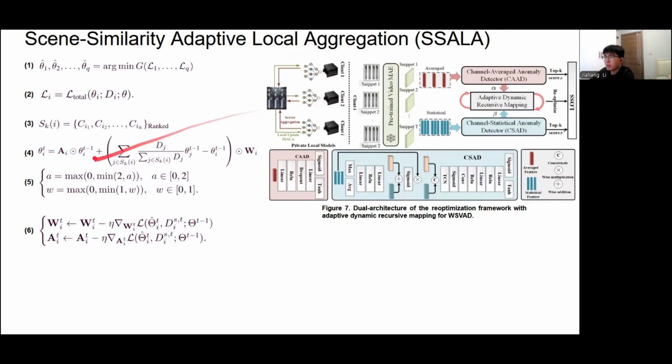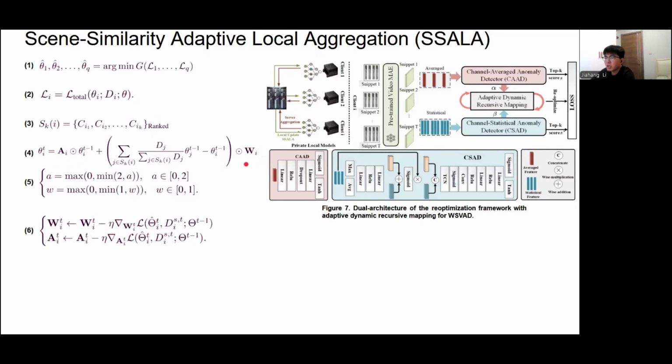To support adaptive local aggregation, we treat the aggregation process as an optimization problem. The goal is to minimize the local loss function, which takes as input the local model, global model, and local data. Here, the global model weights and local data are fixed. The only variable parameters are two adaptive matrices denoted as A and W, which are used to update the local model weights in that step.